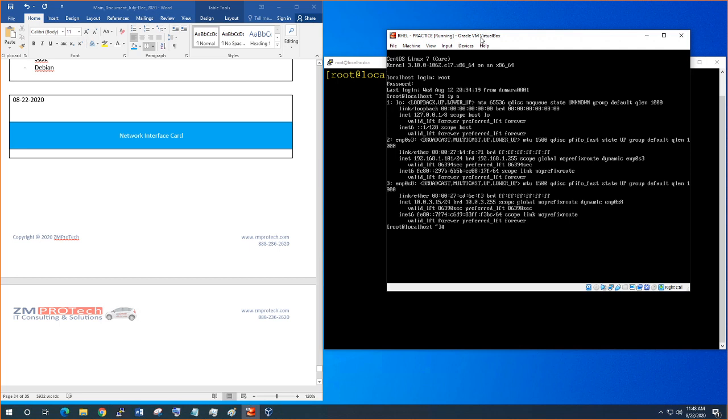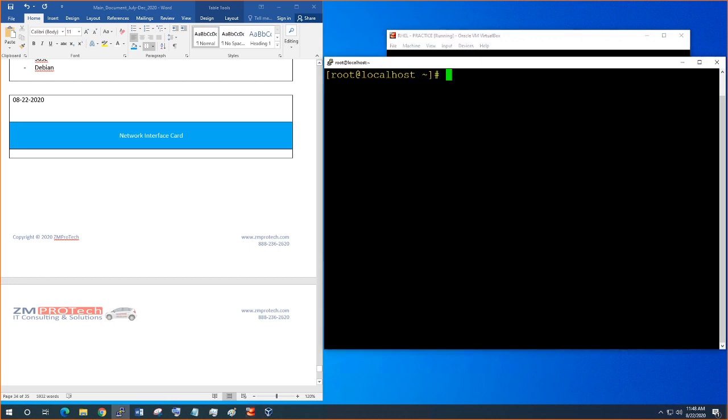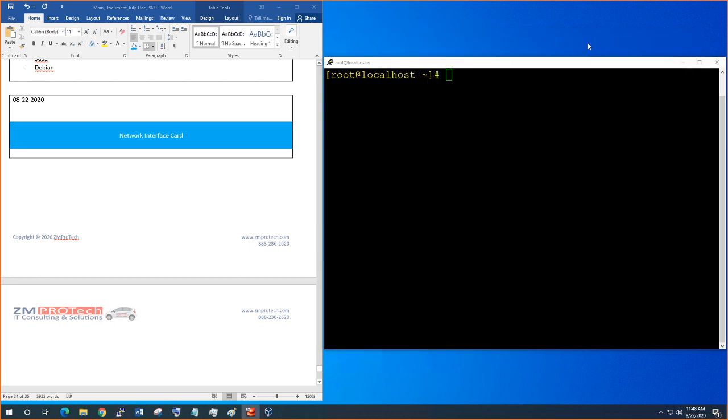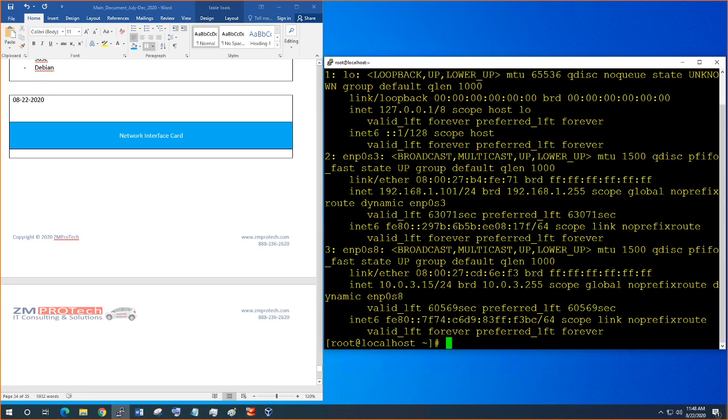But I'm going to show this officially. So now that we are connected here, I'm going to show it in here in PuTTY because it's easier to see. So what you do is, you type IP space A. And then what happens here is,